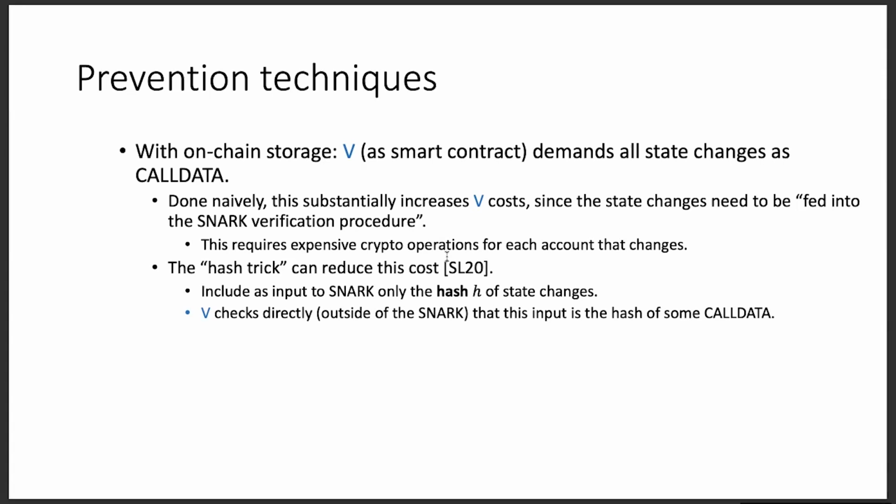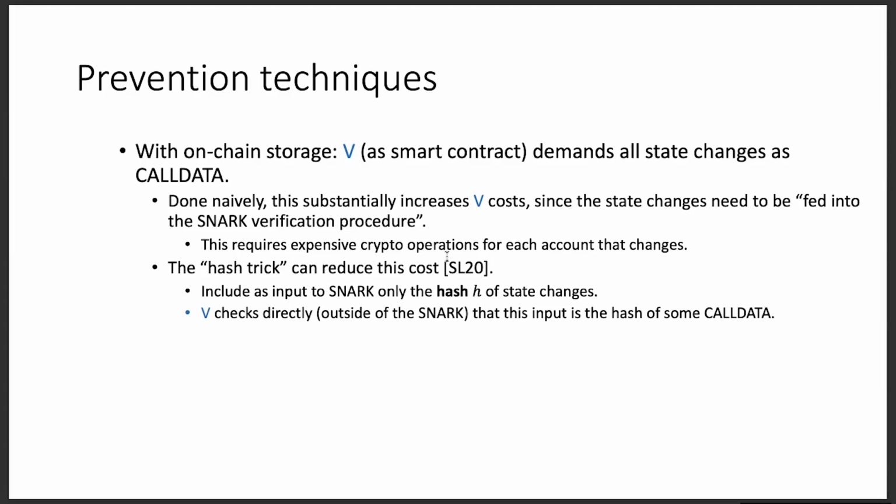So what I'm saying is you have to get that part of the witness out of the witness and directly into the verifier's hands. You could think of it as still part of the witness, but it's getting sent explicitly to the verifier. But it has to come directly from the on-chain storage now, right? Because the verifier is basically trying to confirm that the new state of the world is actually on-chain, so it's available to everyone. And so done naively, this is extremely expensive because the way that many of these SNARKs work,